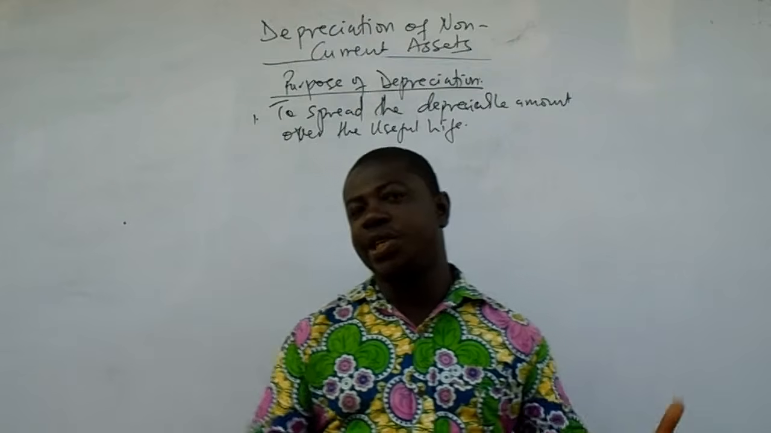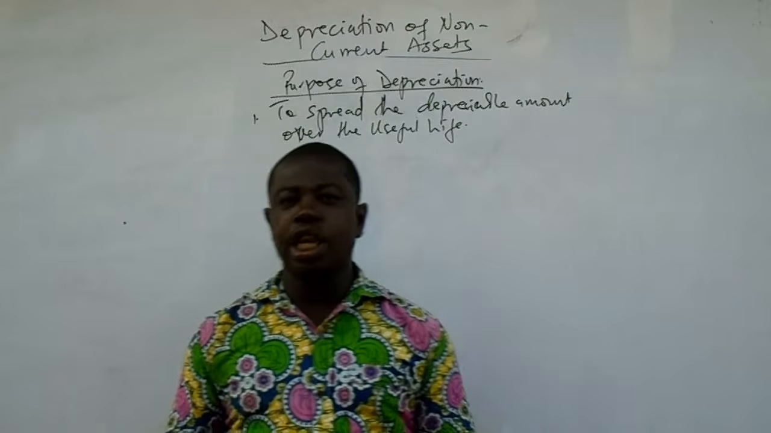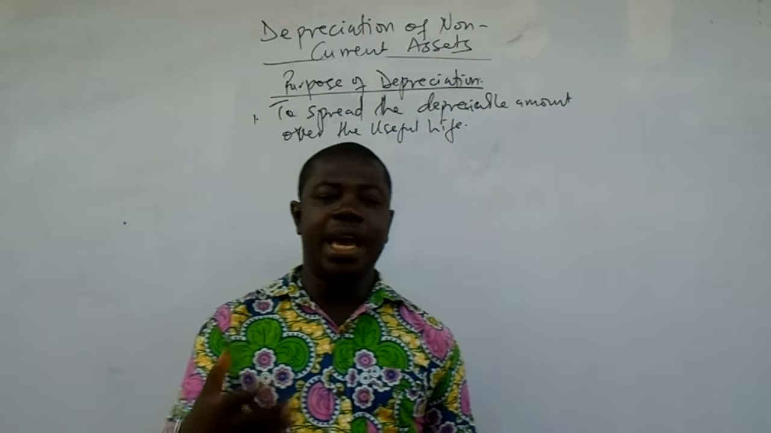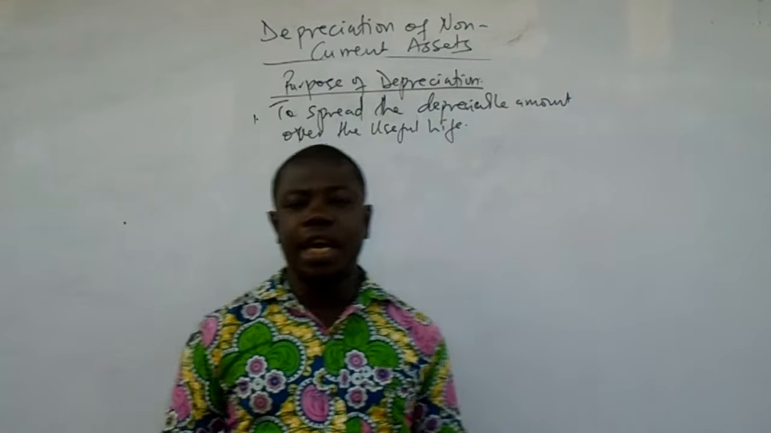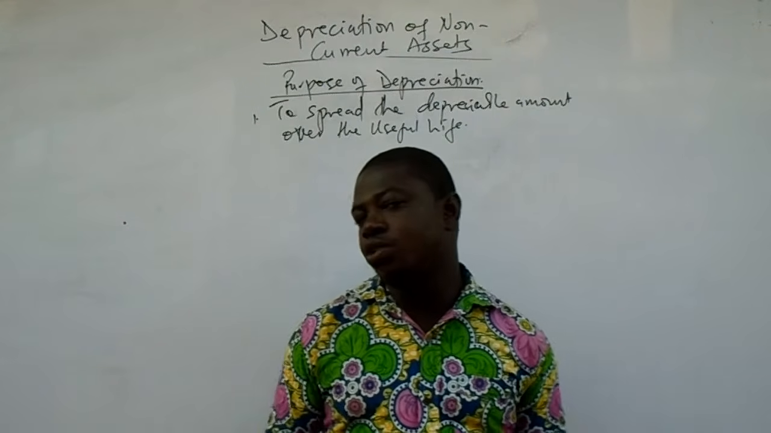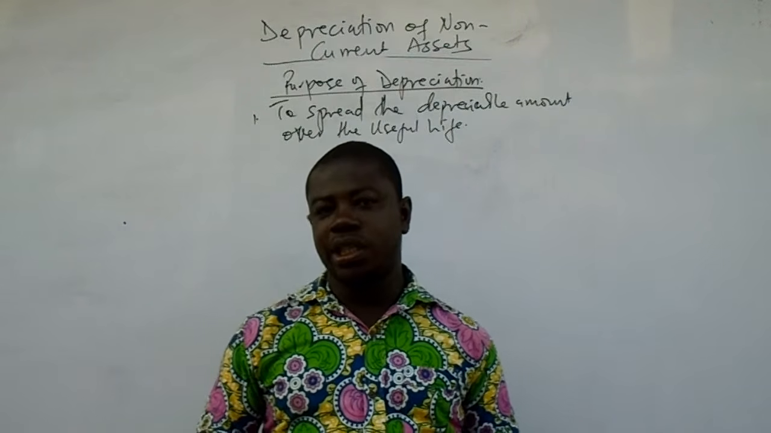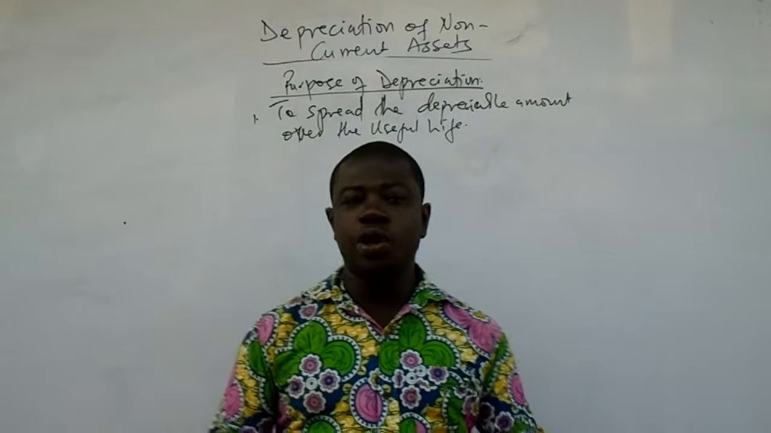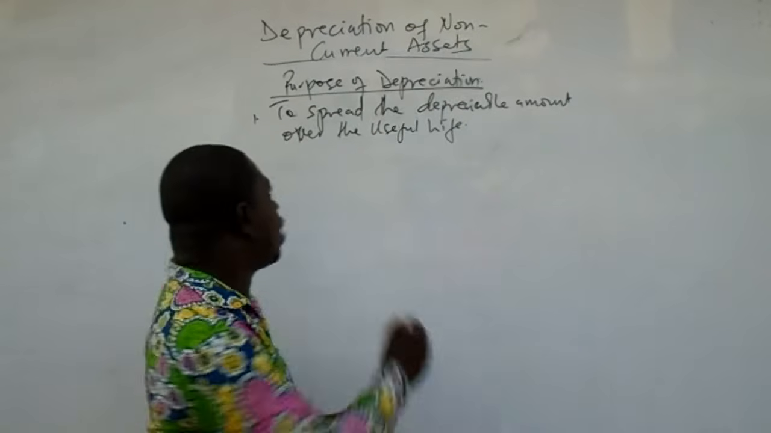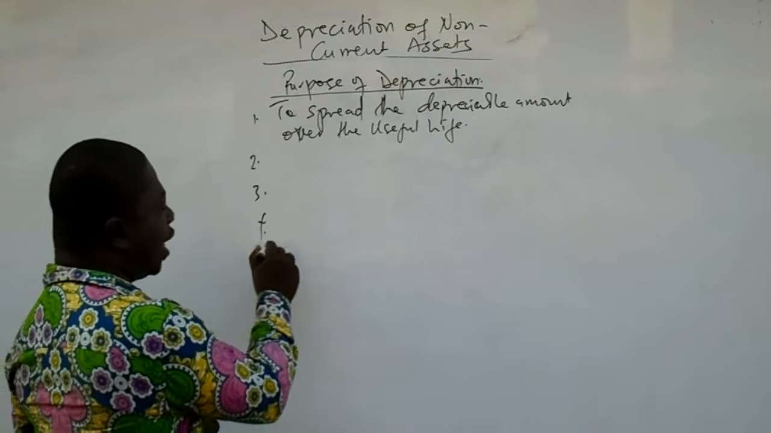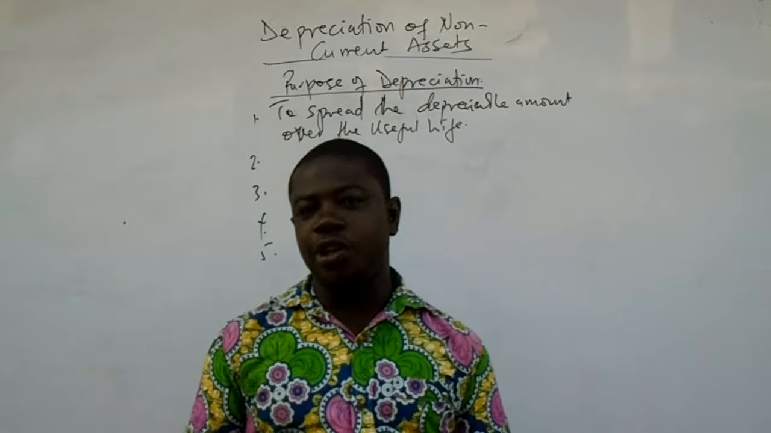And then also another reason for that is that we will not overstate the profit of the business. If you don't provide for depreciation, you may end up overstating the profit of the business. And so finally, I also say that it helps us to show the carrying amount of the asset in the statement of financial position. That is the net book value. And so if you don't provide for depreciation, you will not be able to show. So all those ones are points that you can organize as purpose or reasons why we should provide for depreciation